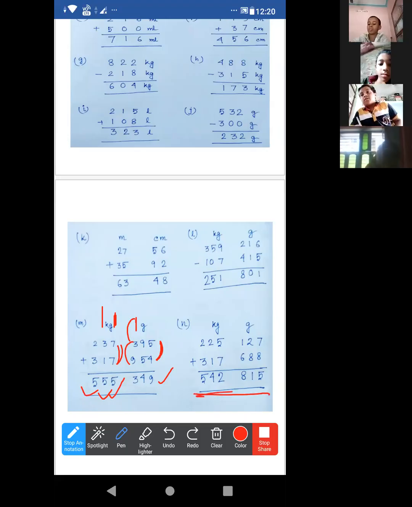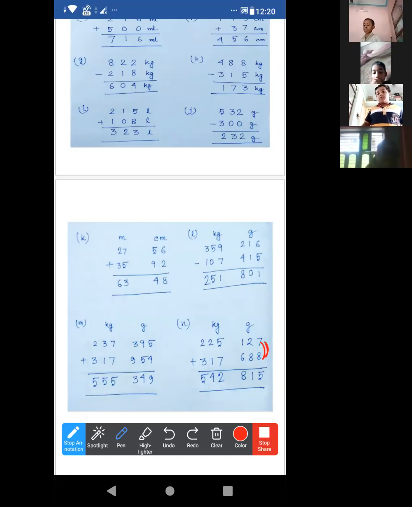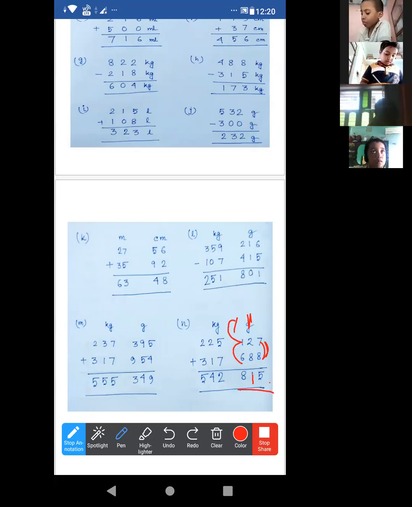Now the next one. Just write the answer. It is also carry forward. 8 plus 7, look, 8 plus 7, 15. 1 carried over there. 8 plus 2, 10 plus 1, 11. 1 carried over there. 6 plus 1, 7 plus 1, 8. Now just this side addition. 7 plus 5, 12. 1 carried over there. 2 plus 1 plus 1, 4. Now 3 plus 2, 5. I'm just clearing. Write the answer first.